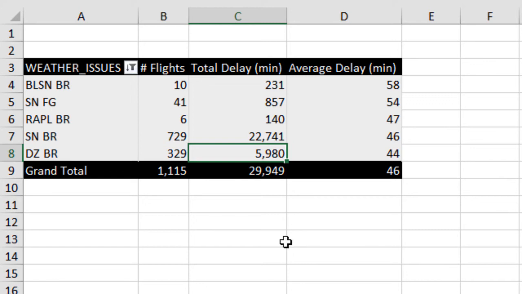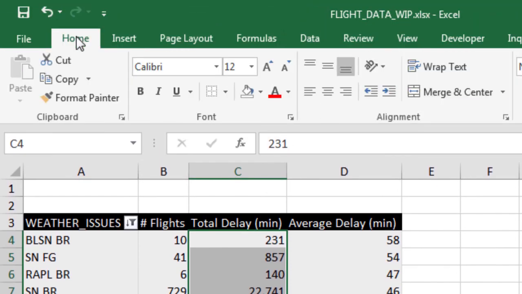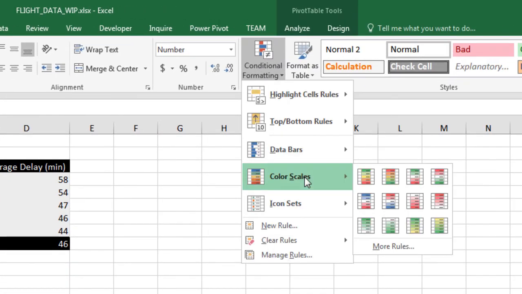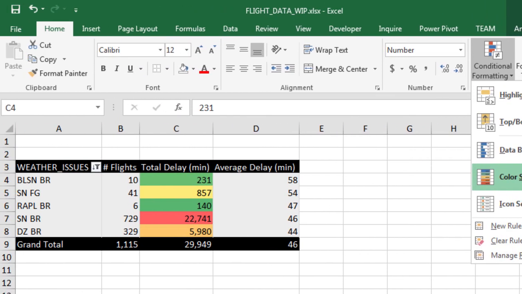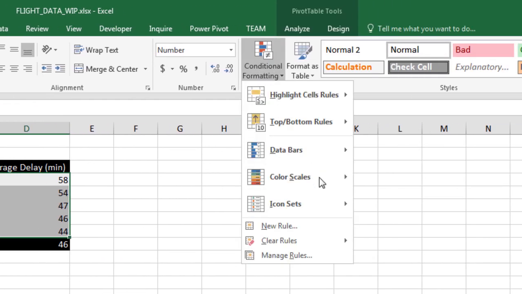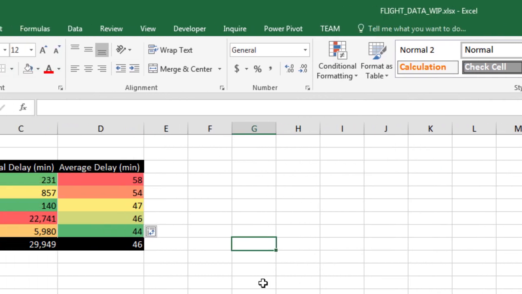Let's add some formatting to make the numbers at the extremes really stand out. I'm going to start by highlighting all 5 of the values in the total delay column, clicking on the Home tab on the ribbon, selecting conditional formatting, then color scales, then the red, yellow, green color scale that's going to make larger values show in red, indicating that larger values are bad, so that we can see where our problem areas are. I will step through that process again for average delay. So highlight the column, go to conditional formatting, color scales, red, yellow, green,